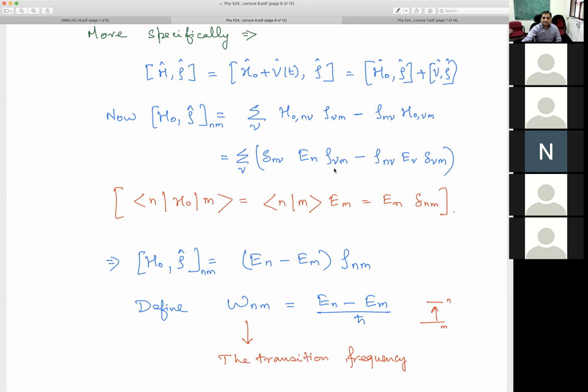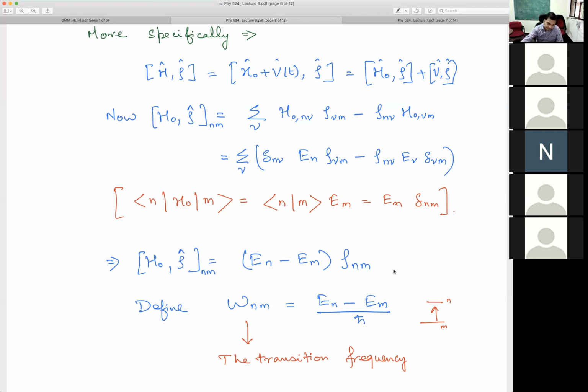So these delta functions, Dirac delta functions, allow me to do this sum. And if I do this sum, then the sum is only finite when nu is n. So I am left with En. Here, this sum is only finite when nu is m. So I am left with Em. So En minus Em. And surprisingly, this becomes rho nm. And this also becomes rho nm. So rho nm I can take outside. So the commutator of H naught with rho will just give me this kind of a term.